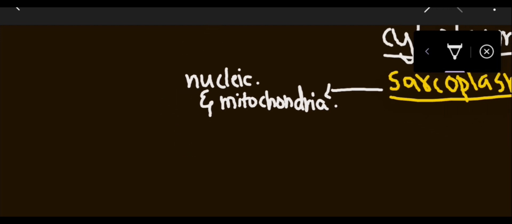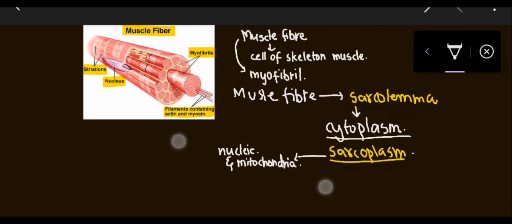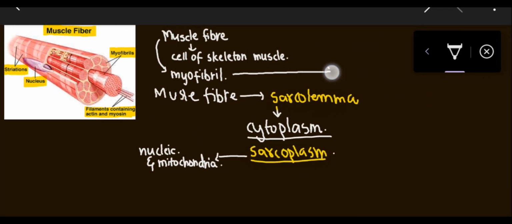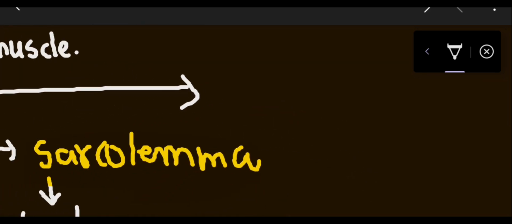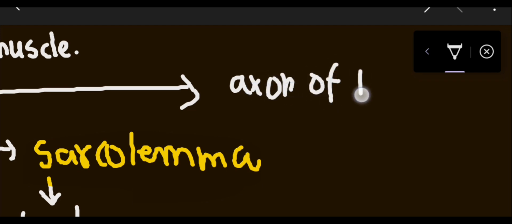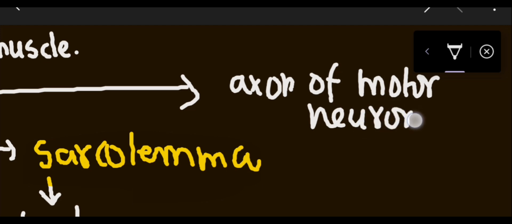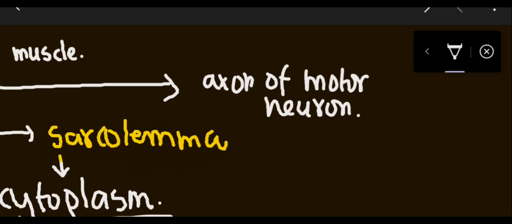Now here the question arises, each myofibril is connected with the axon of a motor neuron. अभी जो हमने यहाँ पे myofibril डिस्कस किया था. Okay, so each myofibril is basically connected with the axon of a motor neuron. Now what's the work of this motor neuron? For example, we put our hand on a hot object,